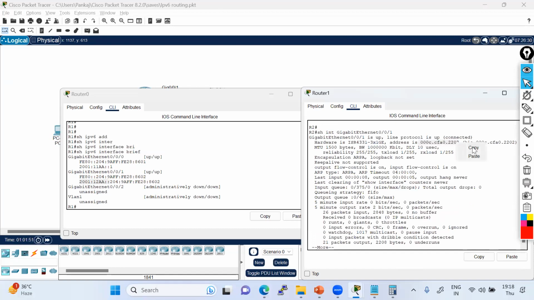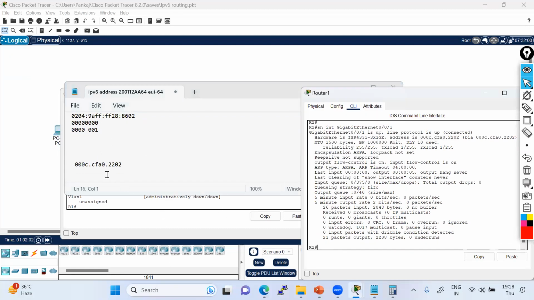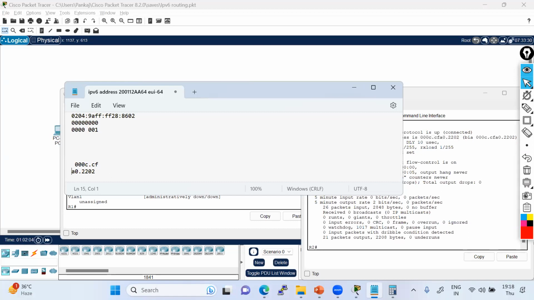See, this is the MAC address. Let me copy it into the second PC's MAC address. So this is the MAC address. Now I have to convert this MAC address into an IP address. How is it going to happen? I have to divide it into two parts. And first I'll add FF. Let me write here. So this should be two parts. This is FF and this is also FF. And in the middle, I'll use this. This has become 64 bits, right? This has become 64 bits.